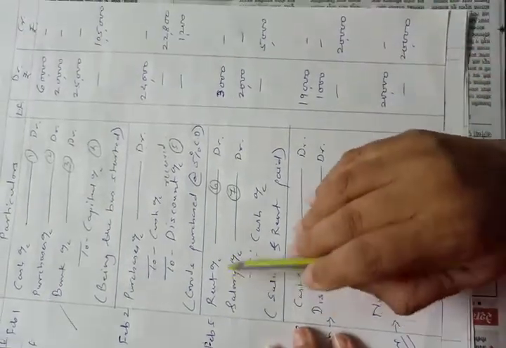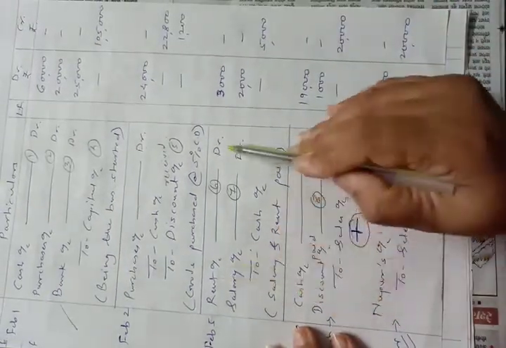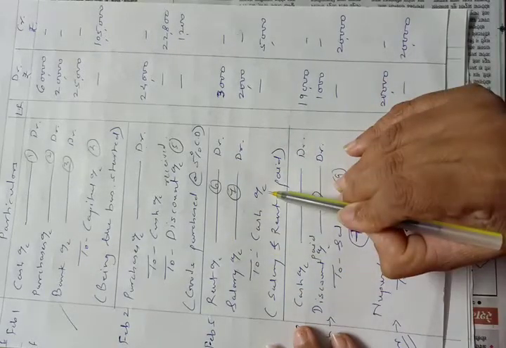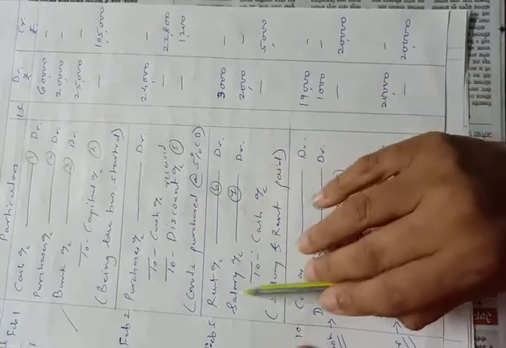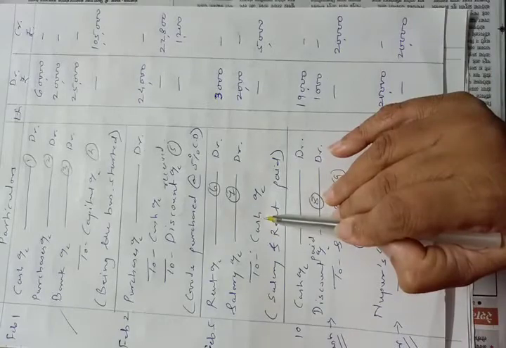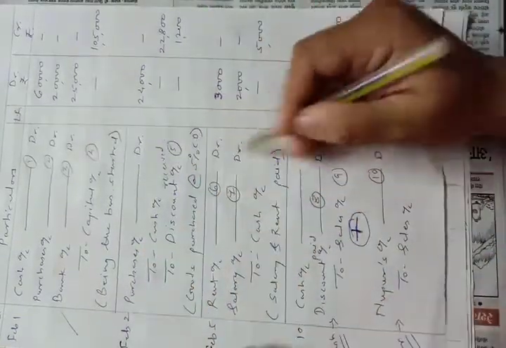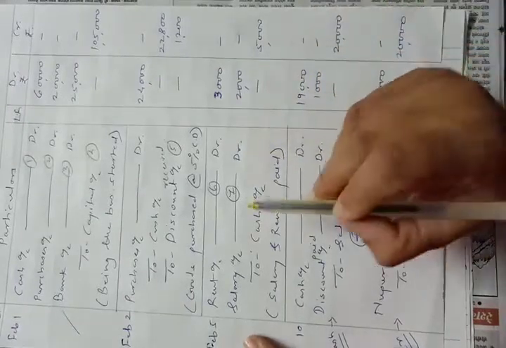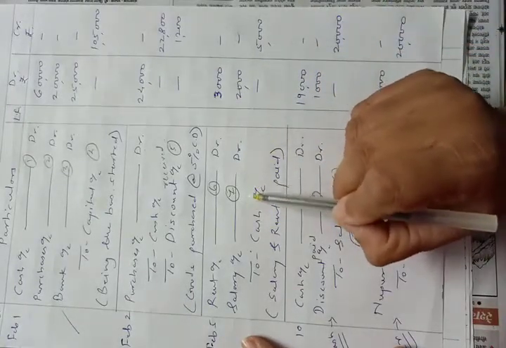Okay. So first we will write rent account debit to cash account. This is the first entry. Salary account debit to cash account. This is the second entry, and this entry is a combination of these two entries. So this is called a combined entry. So we will make the posting of the first entry first.